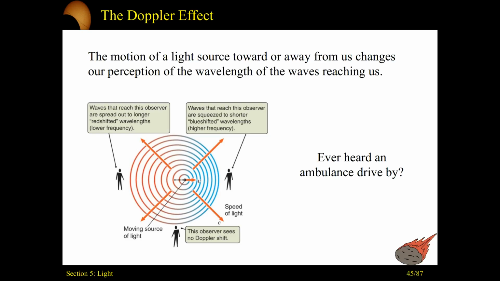Specifically, it means that if there's someone producing, say, sound or light, right, anything that's making waves, if the object is moving, if it's coming towards you, that's going to shift the frequency up. Now, if it's going away from you, then that's going to shift the frequency down. So the motion of the object that's producing the waves will shift the frequencies of the waves that you detect. Always think back to that ambulance example. As the ambulance drives by and goes away, that frequency goes up, then down.